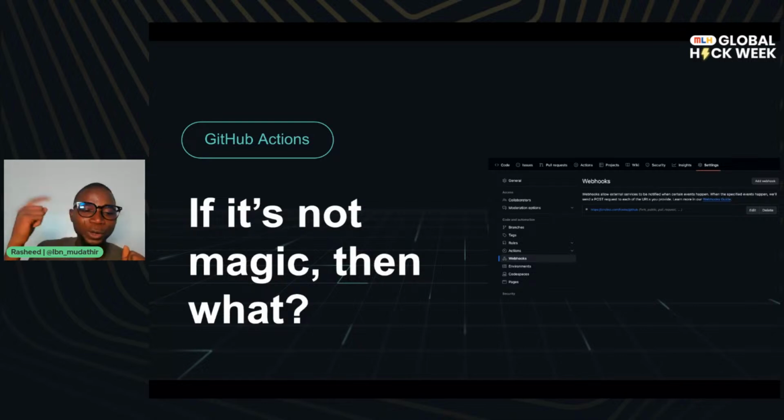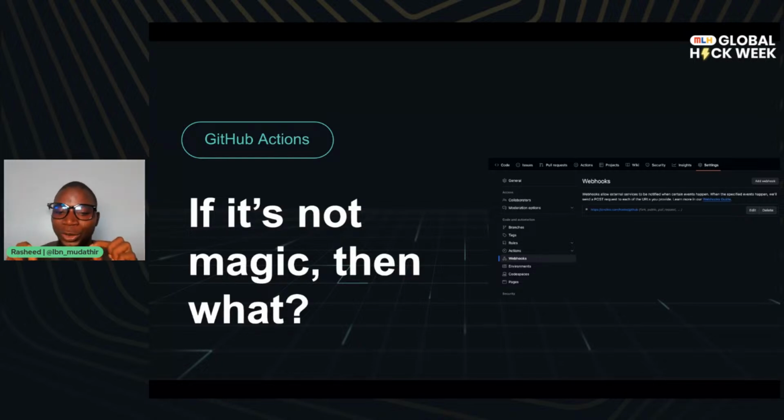For you to be able to authenticate your GitHub account and your CircleCI account together, what will happen at the back end is basically CircleCI will create a webhook on your GitHub repository. If you can see the image on my right-hand side, you will see a webhook page on my GitHub repository.